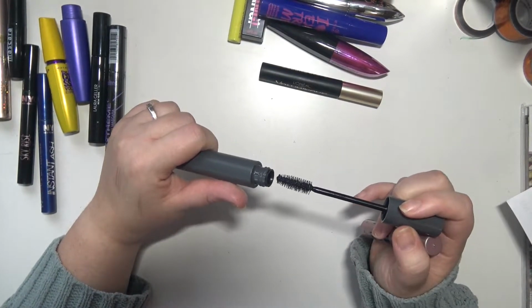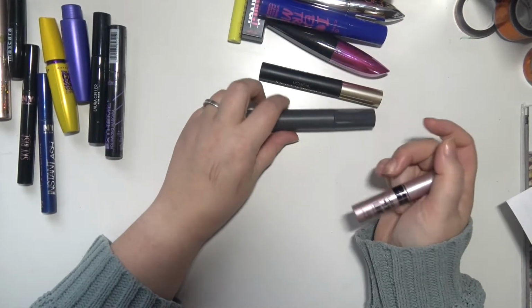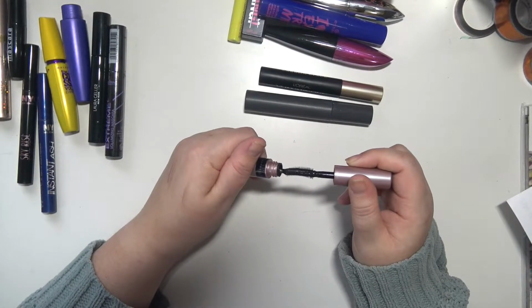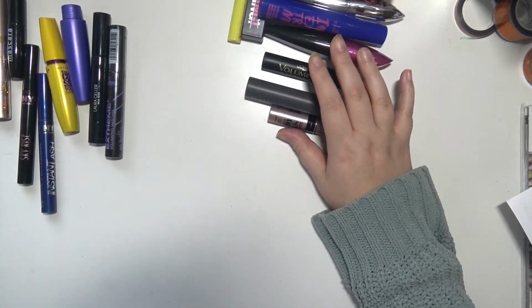Ooh, I like the brush on there. You know what? I think I'm going to keep this. And I do kind of want to try this one too. So I'm going to keep the rest of those. So that means I'm keeping